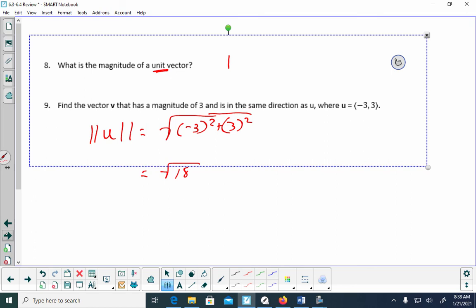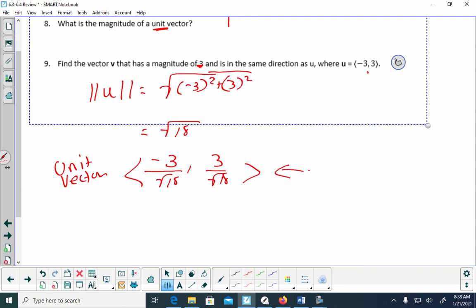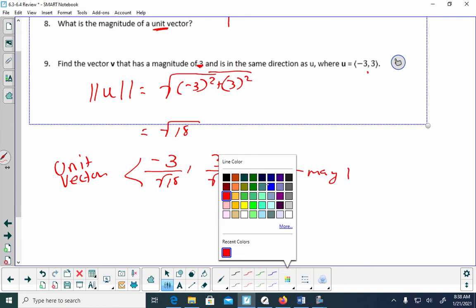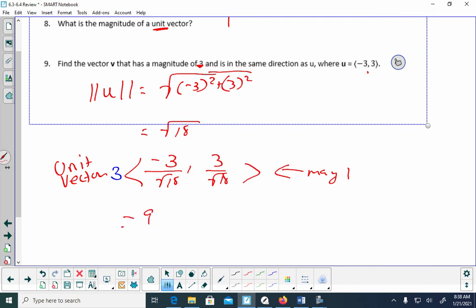Now what I'm going to do is knock this one down to a unit vector. So I'm going to take the two components, negative 3 and 3, and divide them by the square root of 18. And that would be my unit vector. Now I want it to have a magnitude of 3. So I'm going to multiply this unit vector, which now has a magnitude of 1, by 3 to give it a magnitude of 3. And when I do that, I get negative 9 over the square root of 18, and then 9 over the